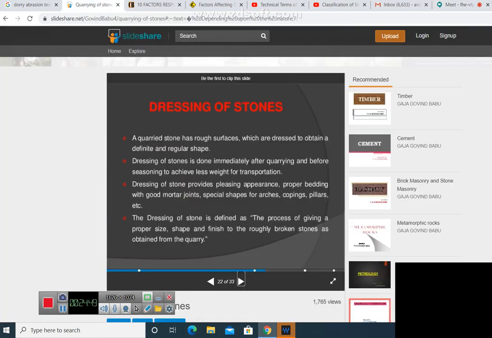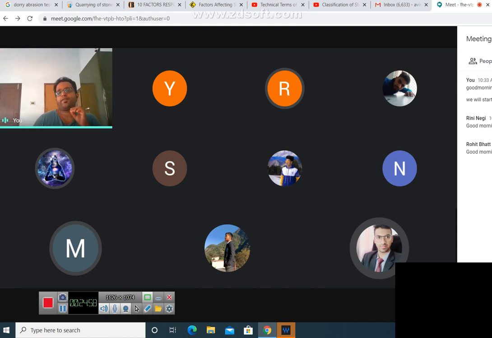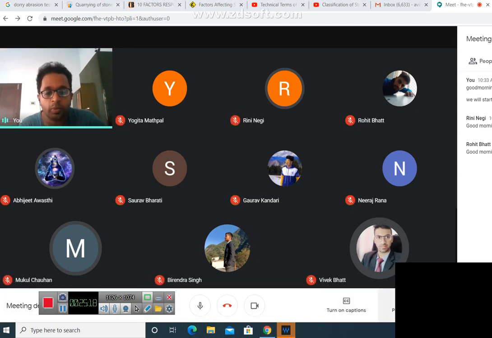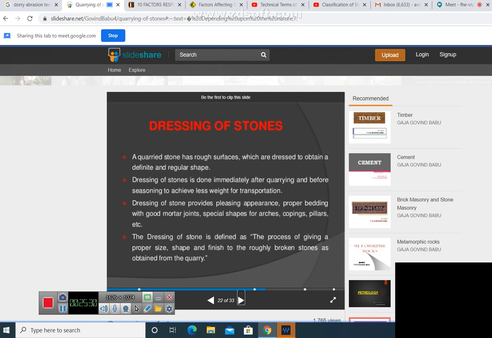Now let us continue. Now we are going to see about the dressing of stones. You know that stones are obtained from rocks by different operations. You will not be able to have proper control on the shape and size of stones once you go for quarrying. So, in order to make sure that the shape and size of the stones you obtain from rocks are within the specified limits or are acceptable, you have to go for proper dressing of stones.